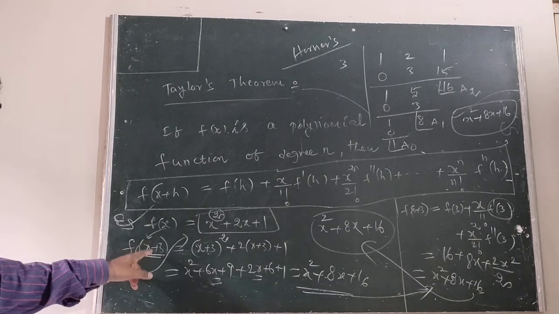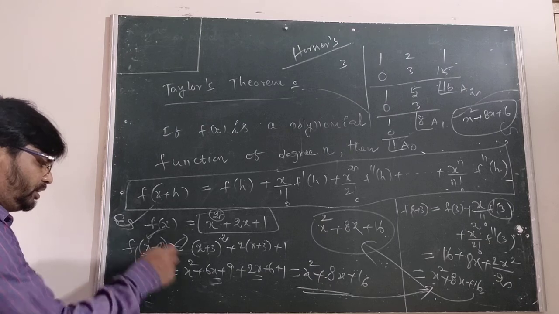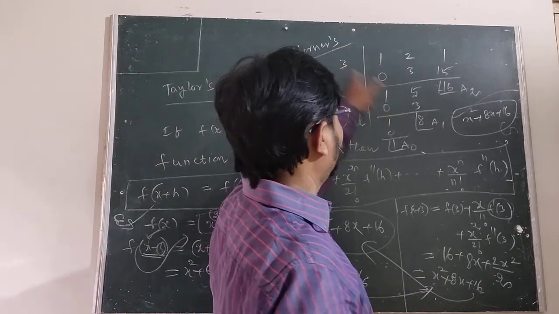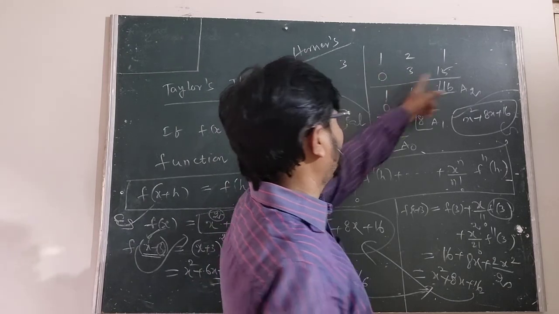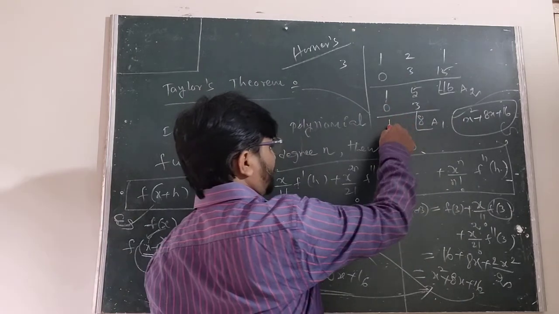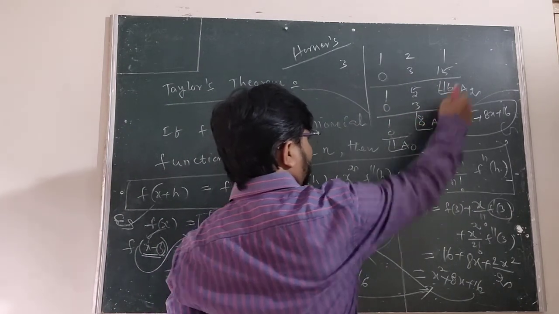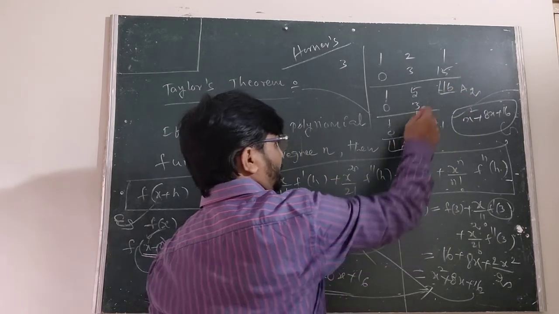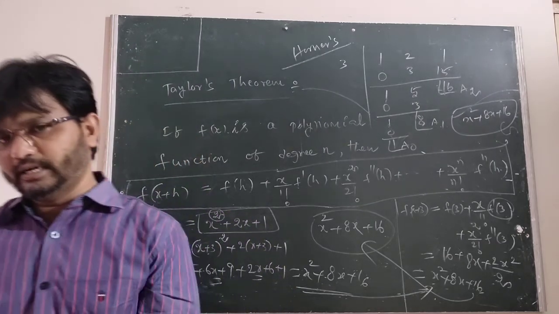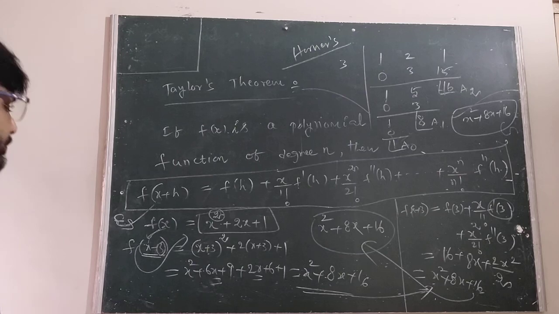By Horner's division, we have to find f of x plus 3. Then you can write 3. First you take 0. Adding this 1. 3 1s are 3. That is a 5. 3 into 5, 15. That will be constant. Now you can take again 0. That is 1. 3 1s are 3. 8. This is the last term. You can take the A2, A1, A0. This is x square, 8x, 16. This is another method. Okay, understand? So this is the Taylor's theorem.